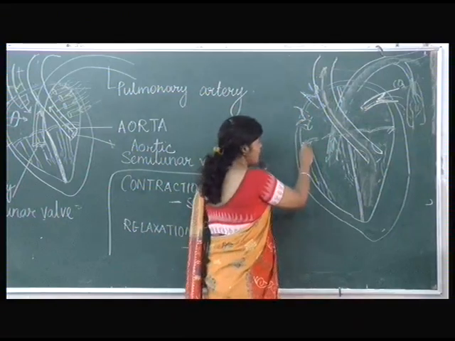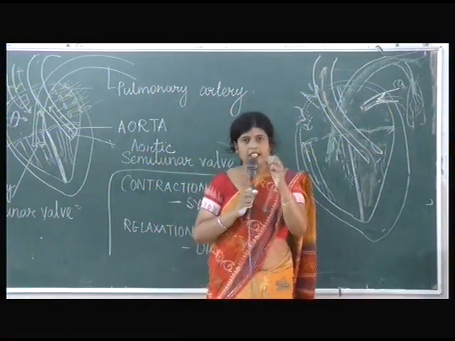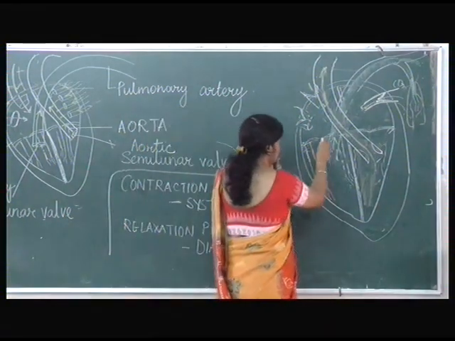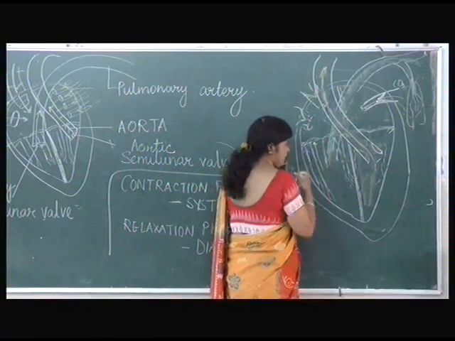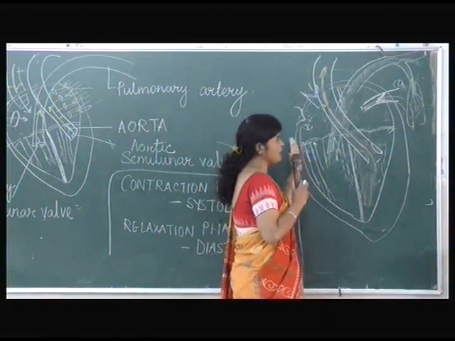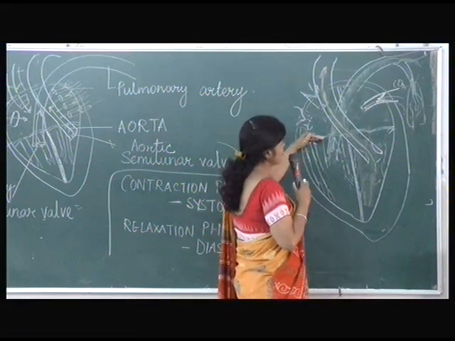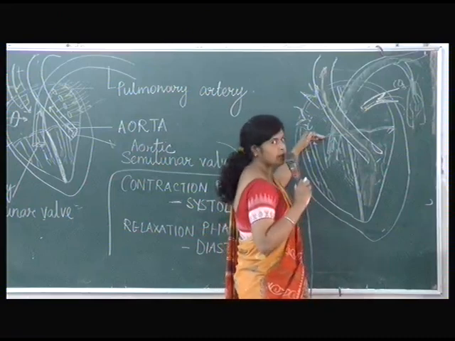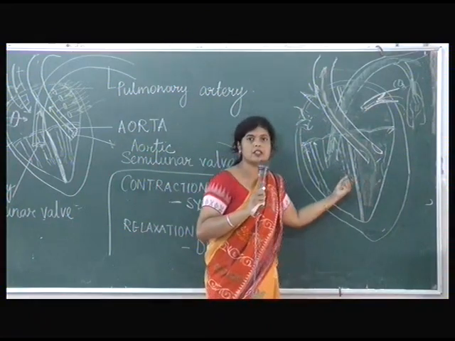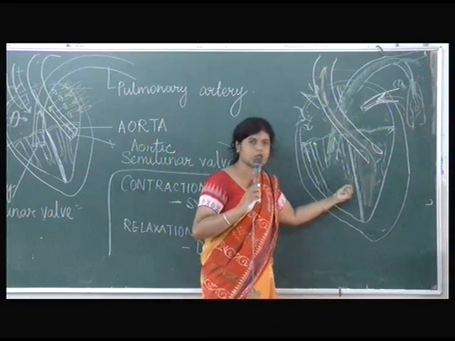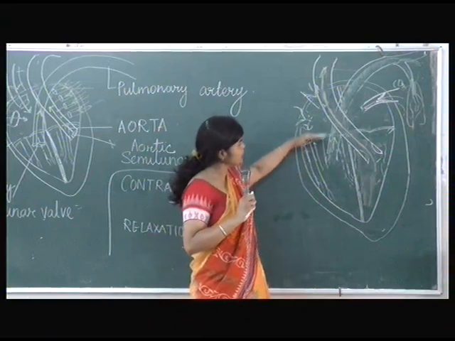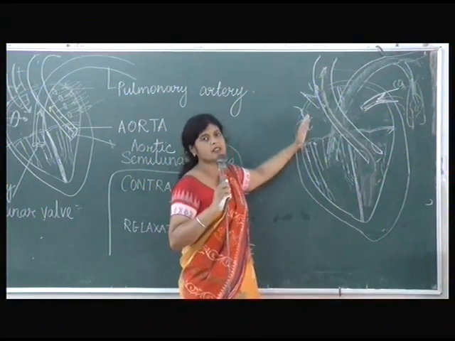Is it clear? So what are these chordae tendineae doing? Chordae tendineae are keeping the cuspid valves in position, so that even when excess pressure is applied, they do not upturn. It is a non-elastic structure, and it keeps the cuspid valves, tricuspid and bicuspid valves, in position during the ventricular systole. When the ventricles are systoling, there is very high pressure on the blood, and the blood should not open the cuspid valves in the opposite direction.